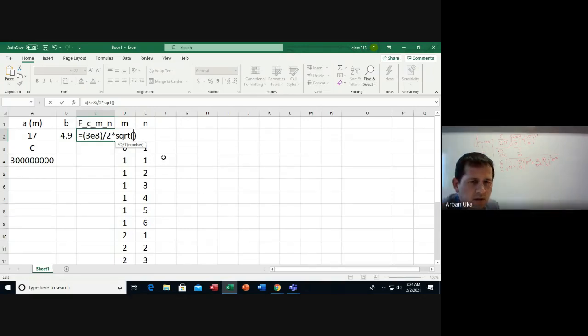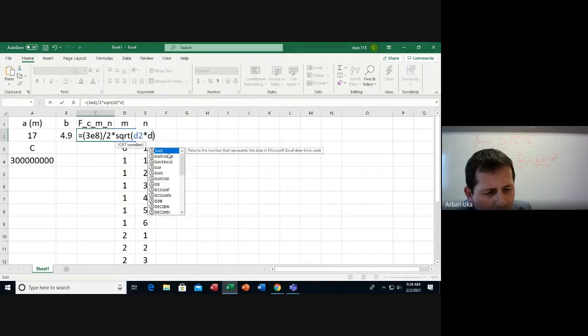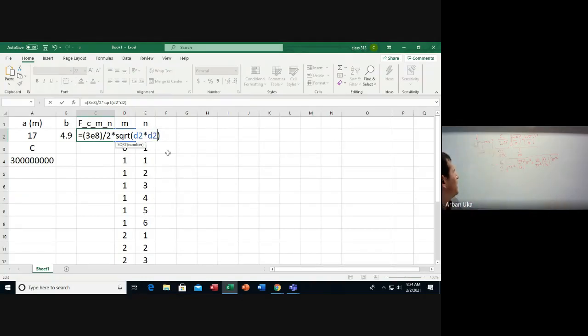So m squared is going to be d2, so here times d2 divided by a squared, divided by a1. So we keep this value a1 divided by